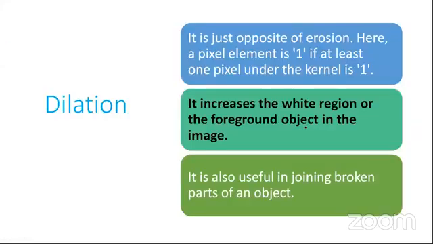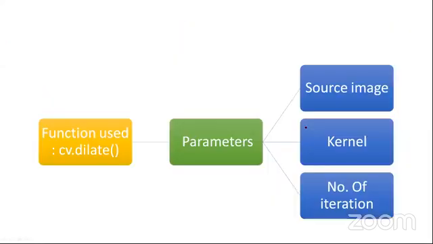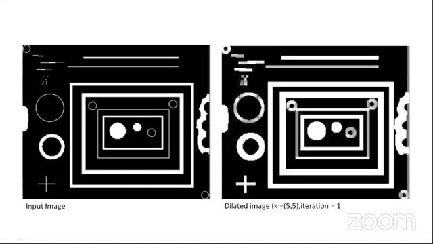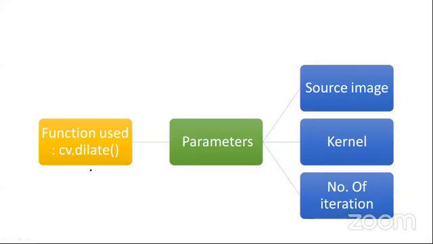Okay. Now dilation is just the opposite of erosion. It basically increases the white region. Suppose I have this circle. Okay, I have this circle, but it is not clearly visible to me. You can see there's some intensity related issue, right? It is not clear. Suppose you have a black noise like these here, you want to emphasize more on it, so you can use a dilation. So it's just the same as erosion, but it's just the opposite of it.